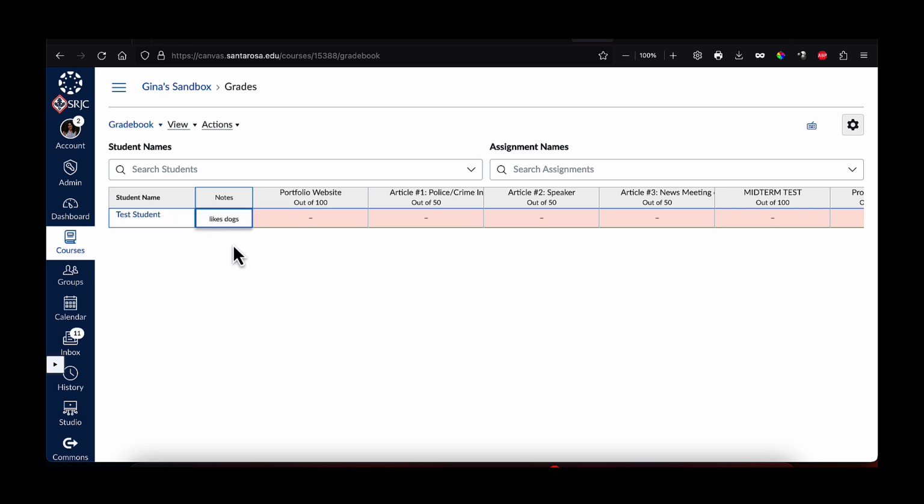And that will maybe give me a reminder of things as I go. This is only visible to you. Students cannot see it, but do be mindful that sometimes someone might be looking over your shoulder, etc. You don't want anybody to see a student's grades or anything like that, but just be mindful and cautious as